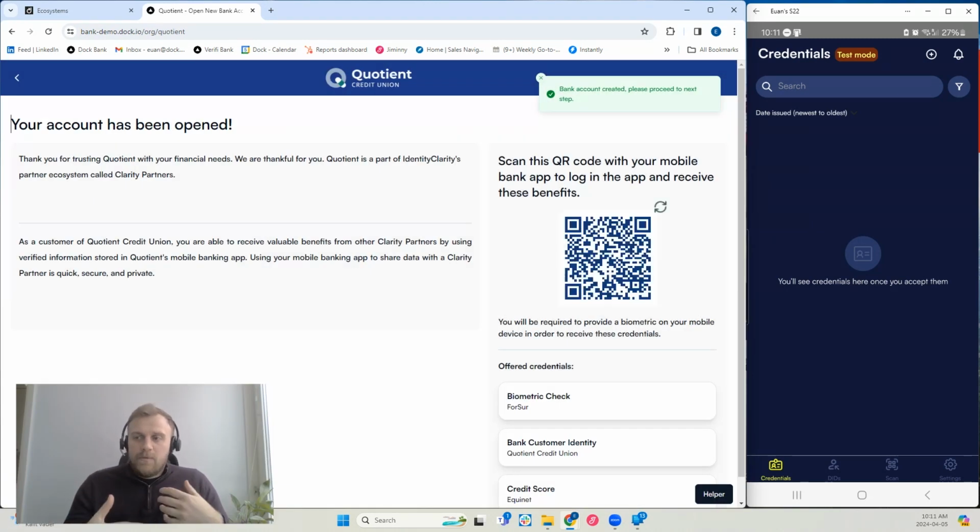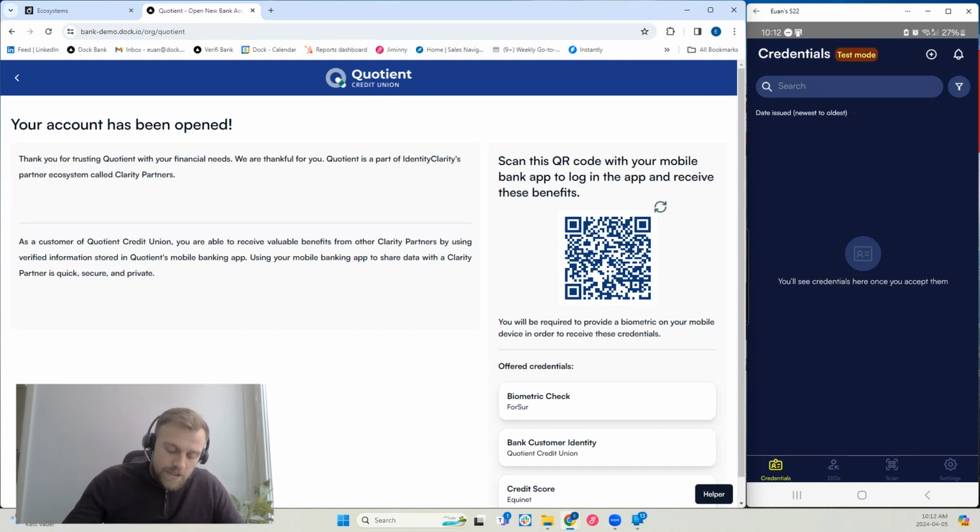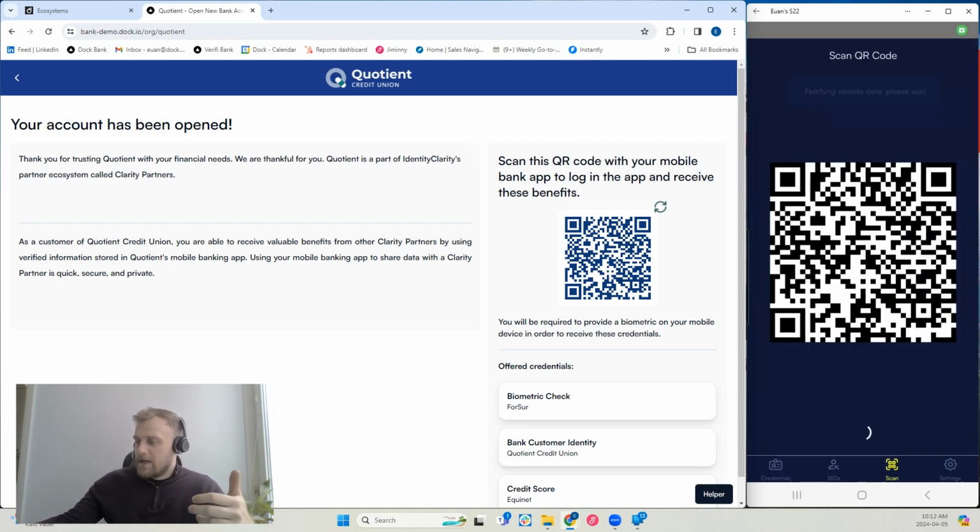Now here, what we're showing you is a number of different things, and dependent on how you want that user flow to look, you could generate a QR code, which is what we've done here, as a way of getting credentials into the banking app if that user is logging in through a web portal, or you could just instantly send those credentials to the wallet. I'll scan that QR code,